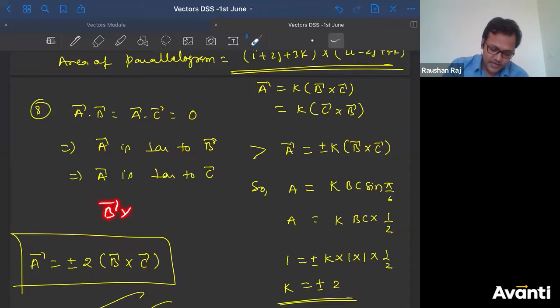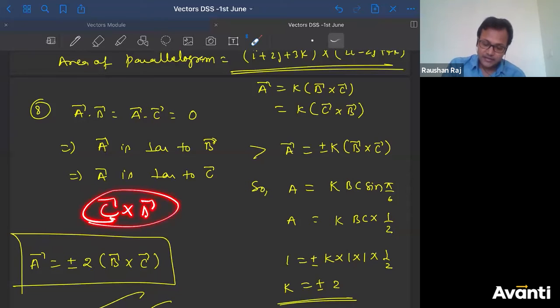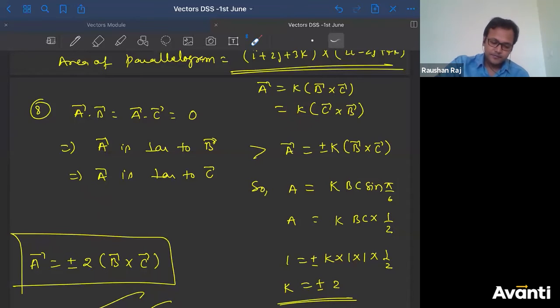That means if you are finding B cross C, there will be a line which is perpendicular to B and C. Or if you are finding C cross B, the cross product of these vectors is perpendicular to some other vector, right? Yes, that is why we have said that we should use minus one. That is what I am writing. I can write like this also. Both the equations, equation 1, equation 2, suggest that A is perpendicular to B and C. And here also A is perpendicular to B and C. That is why I have written either plus or minus. दोनों लिख सकते हैं. We should consider both of them. Got it?